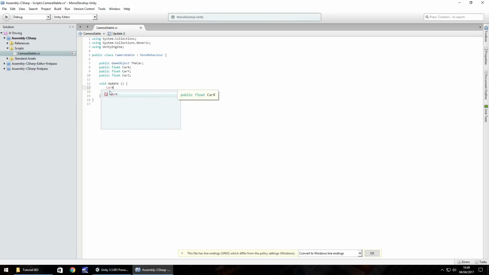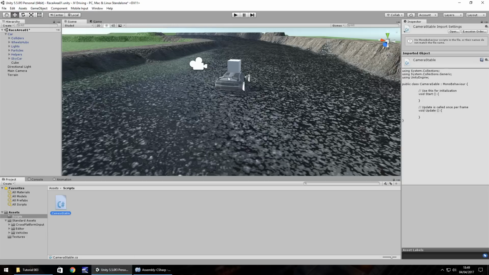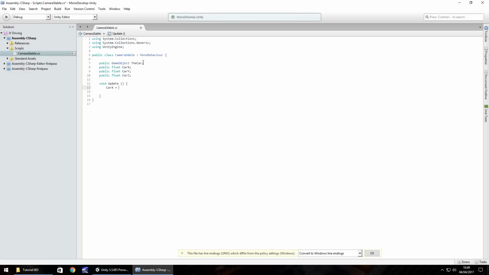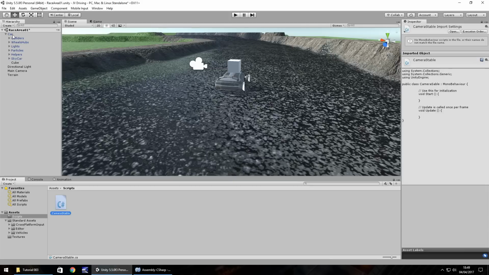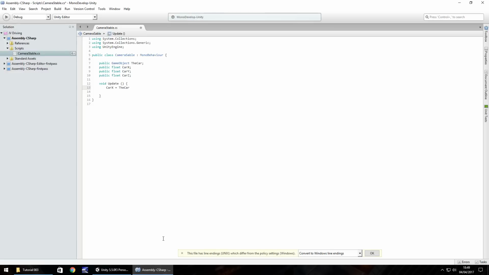So car x is going to be equal to the Euler angles of our car. So the way this is going to work is we need to refer to this variable, which is the car, and then we need to access, I'll just go back to Unity and I'll click on the car. We need to access this little section here that says transform. Now, although it has a capital T, we'll be using a lowercase t because that's just how we access it via the script. So the car, and then we specify which component we want to access, in this case transform,